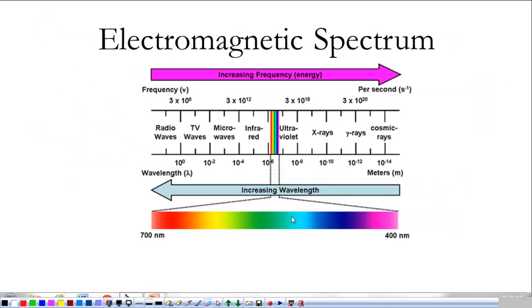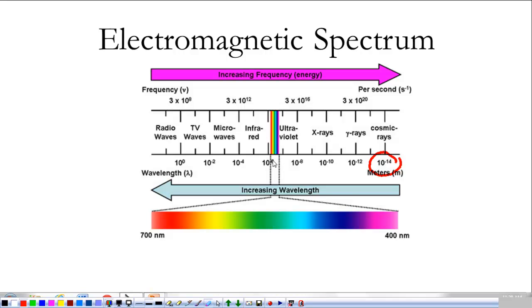The electromagnetic spectrum. These are all of the things that are light. They're pretty intense. Everything from radio waves that have wavelengths that can be hundreds of meters, tens of meters long, all the way down to things like cosmic rays, which can have very, very tiny wavelengths. Cosmic rays, gamma rays, bad for you. X-rays, potentially bad for you. Ultraviolet rays, infrared, microwaves, TV waves, radio waves. All of these waves are a type of light.